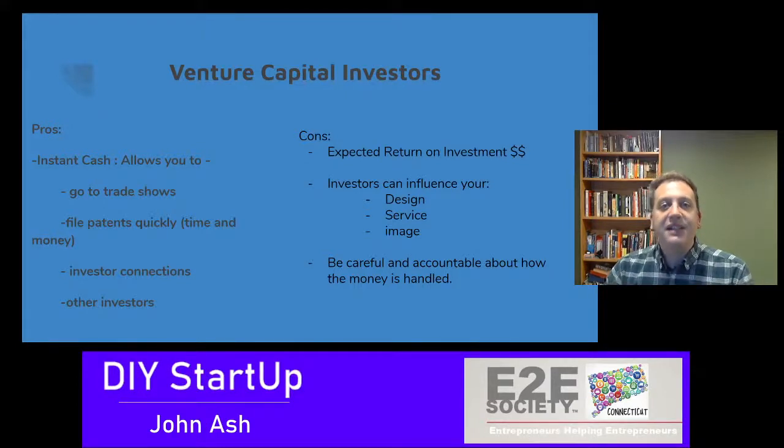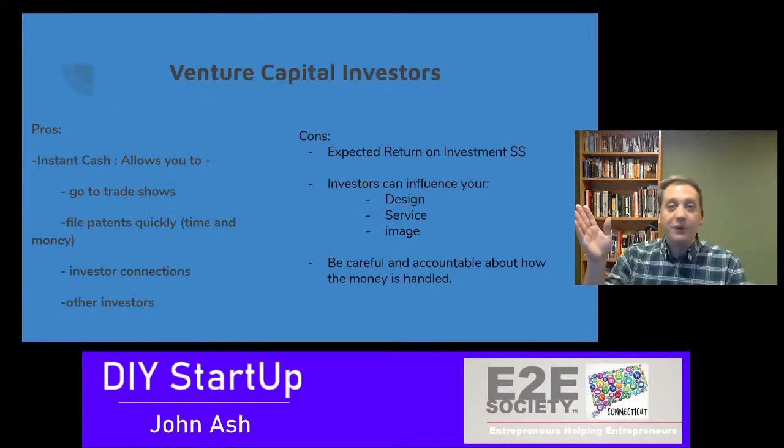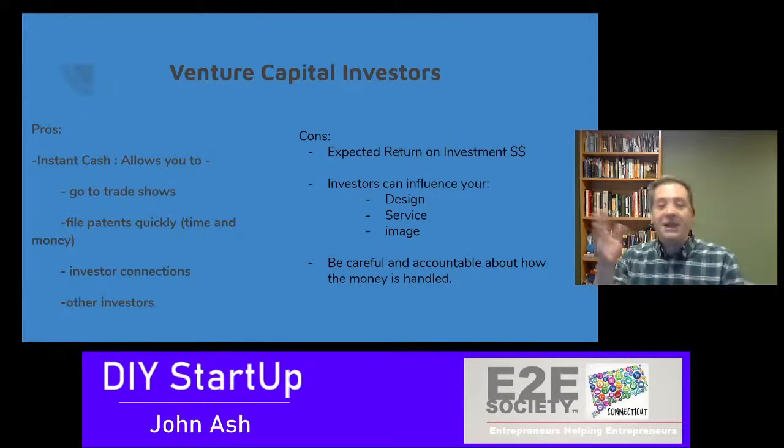Investors can easily influence your design, your service, or your image. Easily influence your service, because they're funding your whole business, especially if you're a non-revenue producer. You have no contracts. You're not producing anything. An investor walks in one day and tells you, no, we don't want to do this, we want to do this other thing. Don't make it black, make it red. The company colors are too bad. The mood and the styling. We're going to change the styling of the company.